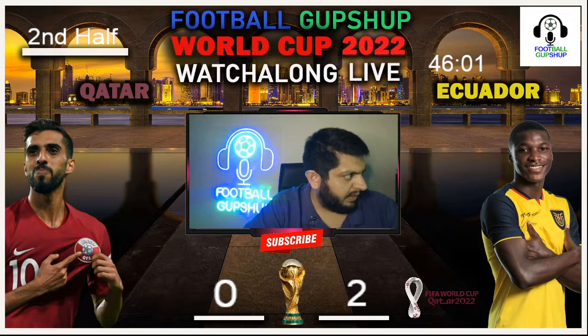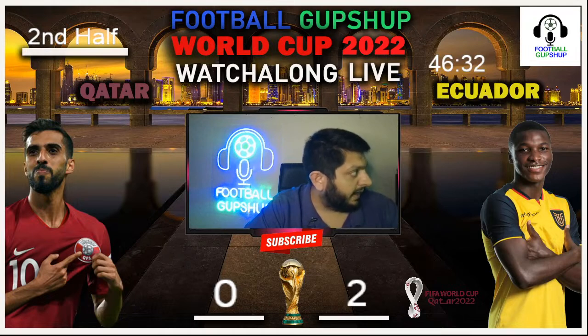Ecuador making that run in. Ecuador once again on the ball. Ecuador trying to play the ball forward. Still on the ball. Putting the ball onto the right flank.